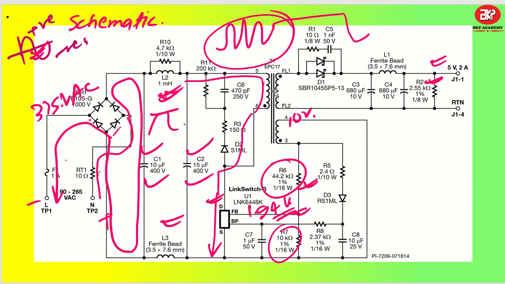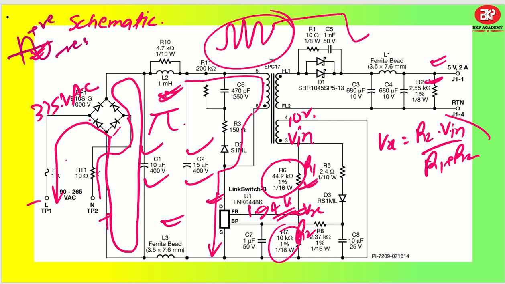Because you will never be getting the voltage output exactly at 5 volt, this feedback pin is going to regulate exactly at 5 volt with this particular understanding. Okay, so how will you design this? Let us say this feedback voltage is Vx and this is your Vin voltage, that is your auxiliary voltage. So what will happen? My Vx voltage will be, let us say this is my R2 and this is my R1, so Vx = R2 × Vin / (R1 + R2), and this is how you will be designing this particular circuit. So let us say you fix your R1 with 44.2 kilo ohm.